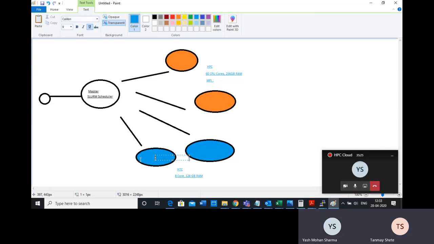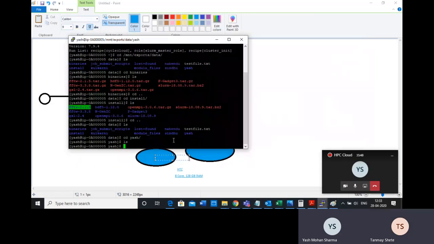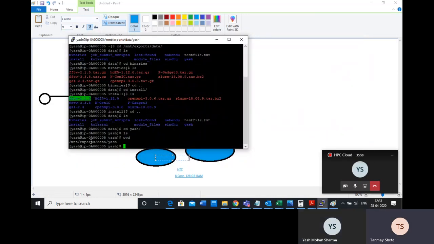So everybody can see that, and whatever you do here can be seen everywhere. That's why, when today you get one particular machine and tomorrow you get another machine, it still works, because your data is still the same. So this is the location where your whole data is. Any questions until now?